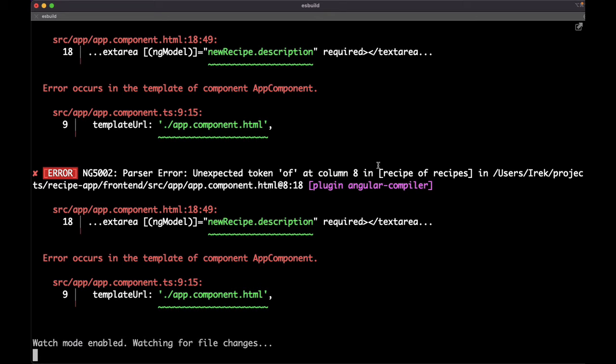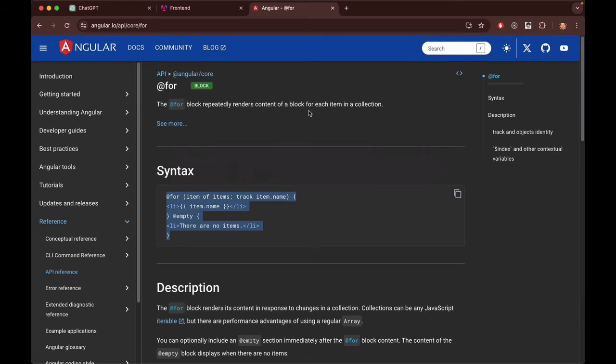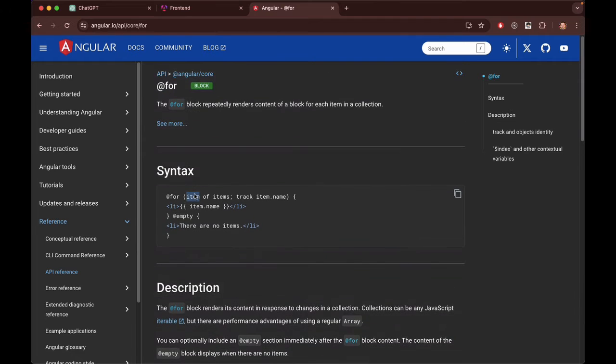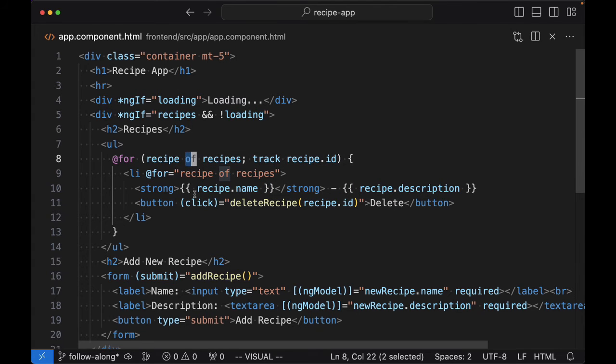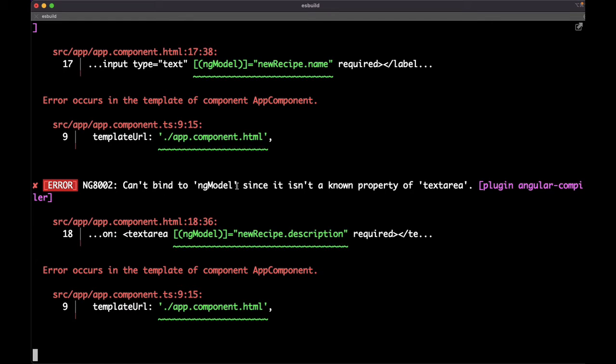Still didn't like the of right here. But I copied it from the example. There's no let in here. It's very, very strange. Oh, wait a minute. I forgot to get rid of this. There you go. Now it should compile. Aside from that, now it doesn't like ng model,